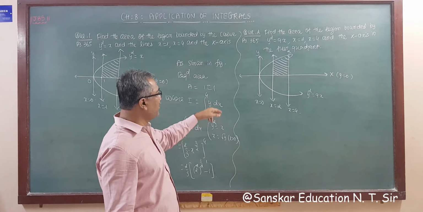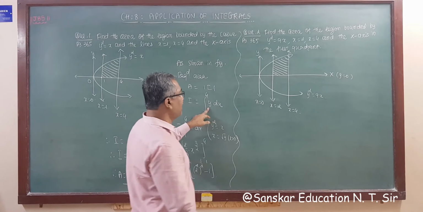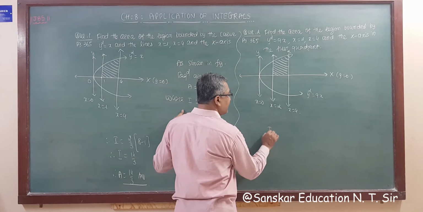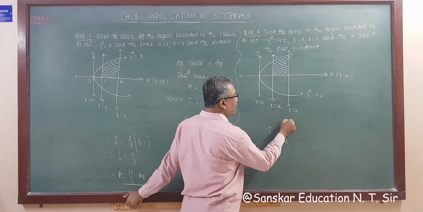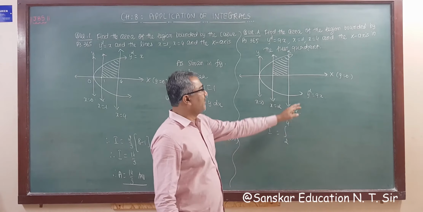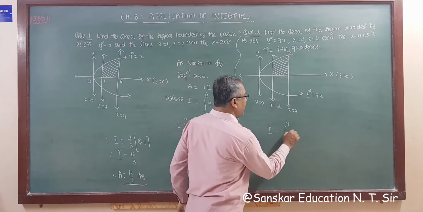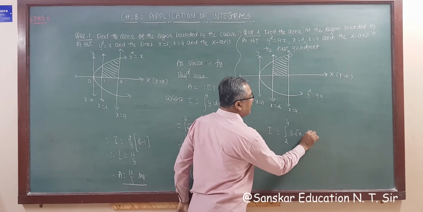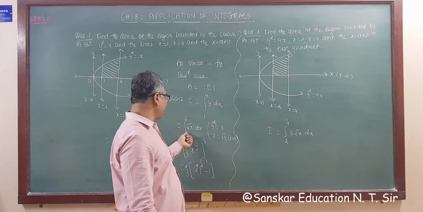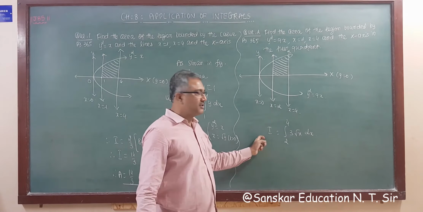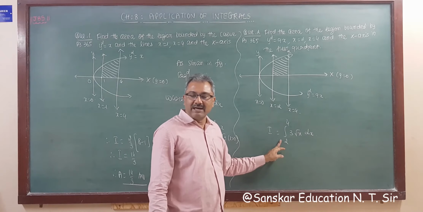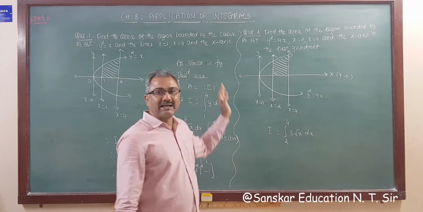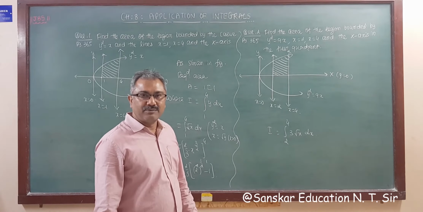So what we have to do, we have to formulate x. So the required area I am just discussing, you have to solve. So our answer is integration 2 to 4, right? We have to make y the subject, that is 3 root x dx. So integration is the same, 3 is constant and you have to substitute the values of 4 and 2. So we will get your answer. This I am giving for your practice, okay?